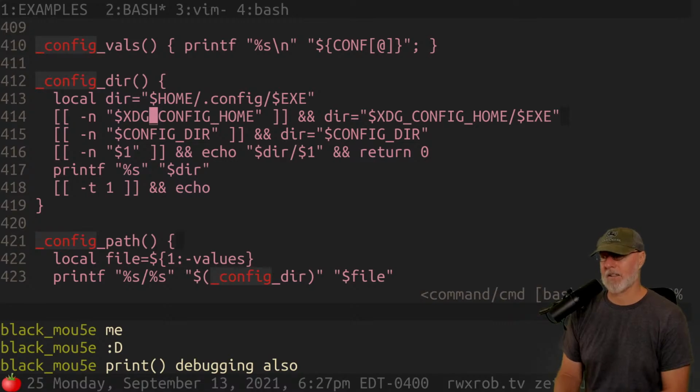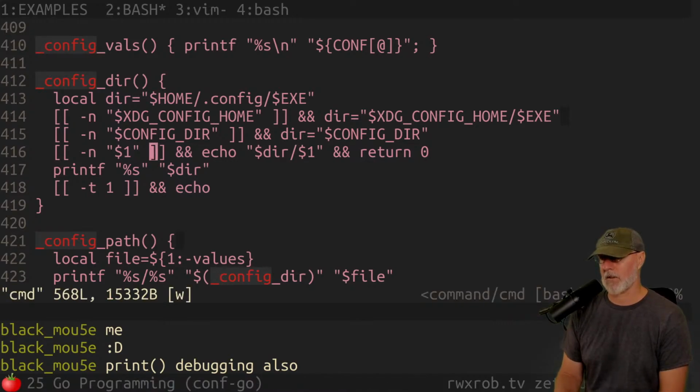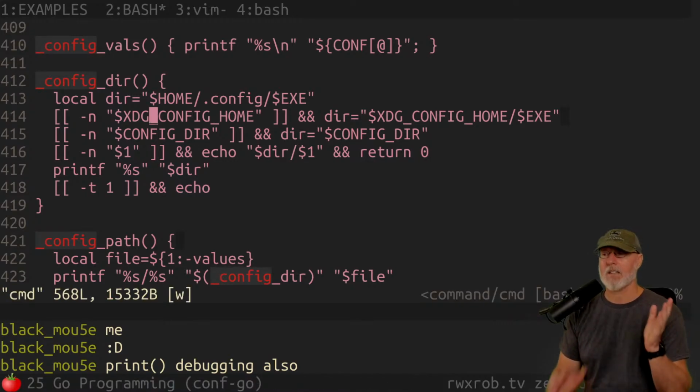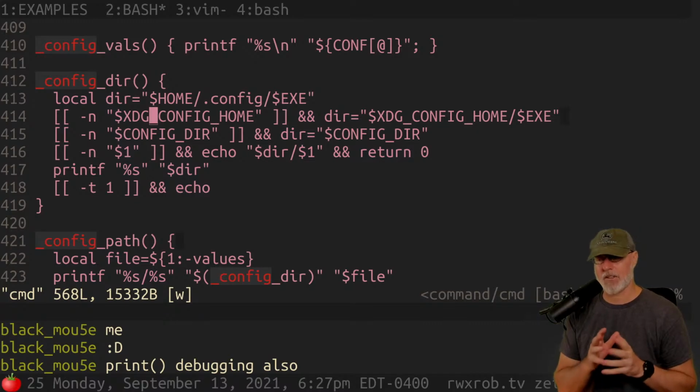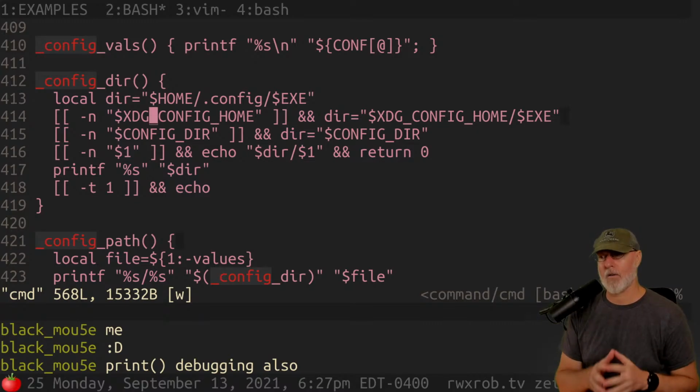I actually found this out by doing some research relatively recently. So what is xdg config home? The short explanation is it is the Open Desktop Foundation's standard for how to store things for users in any operating system, but primarily Linux and Unix.